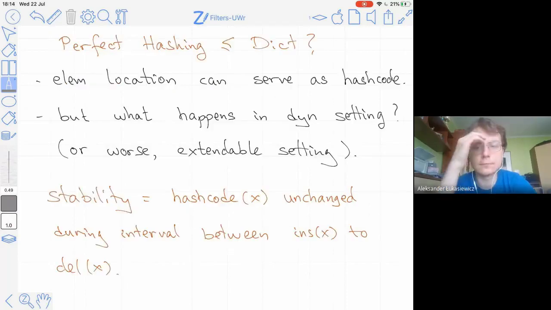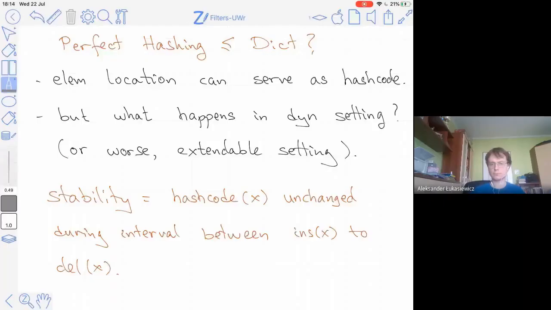And another topic I want to talk about is perfect hashing. Okay, so you could presumably obtain perfect hashing by a dictionary. Perfect hashing means you want to assign a value, a hash code, to the elements, so that these hash codes are injective. They are one-to-one. So you could use the element location presumably to serve as the hash code of an element, but even if you have a dictionary that does all operations in constant time, it is not clear that these hash codes are good,